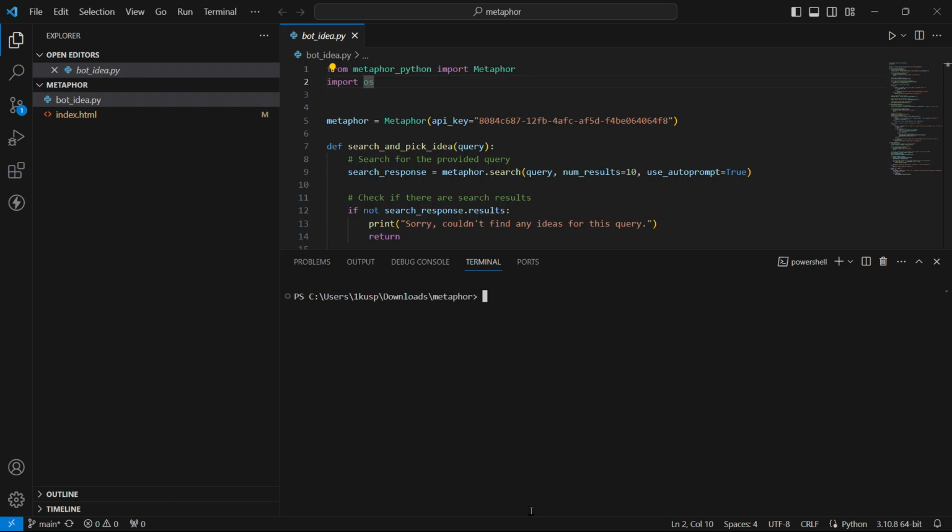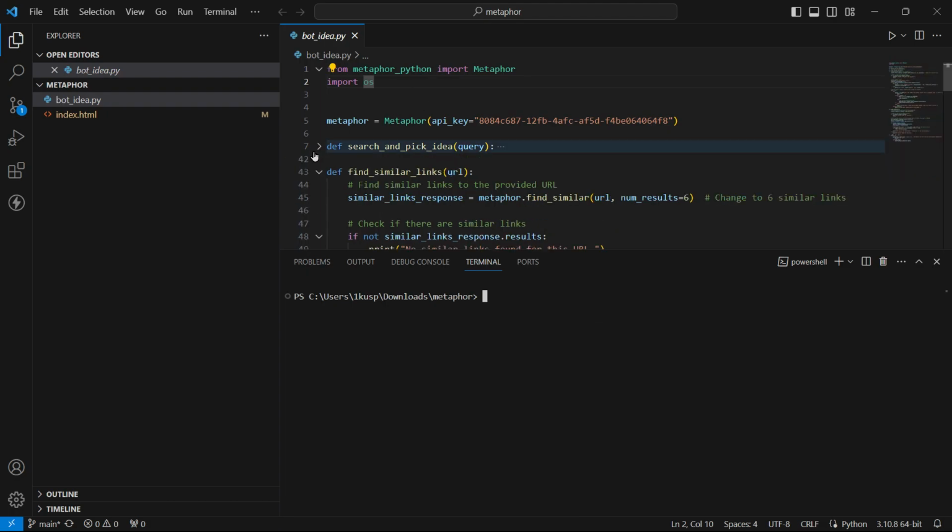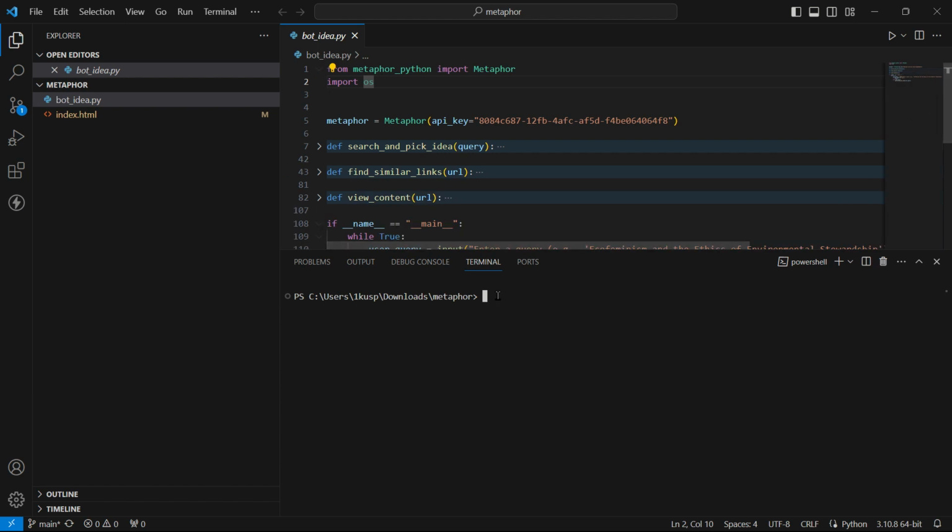Hi everyone. So we are going to see the Metaphor bot here, and we have tried using all the three APIs to create this bot. So let's start without wasting the time. The script can be run easily by just running this Python script, and there are no more dependencies